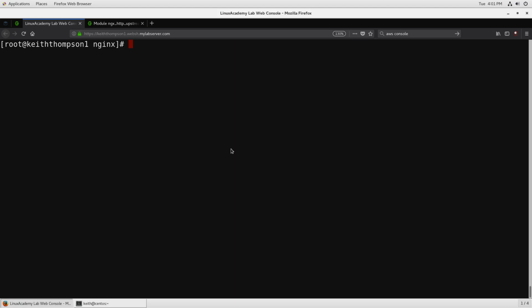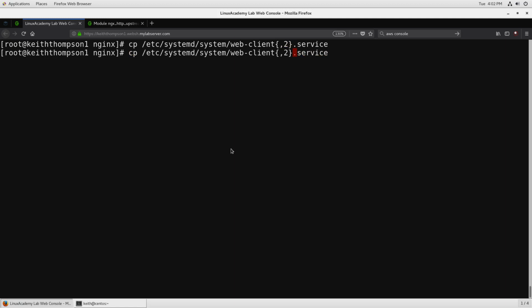To get started, we need multiple instances of the same application running. And for that, we're going to use our web client that is used in our photos.example.com. And what we're going to do is just create separate instances of the service. So we'll use cp to make some copies here. And we'll do the web client, and then with some shell expansion, we can just go from having nothing to being web client 2, and also